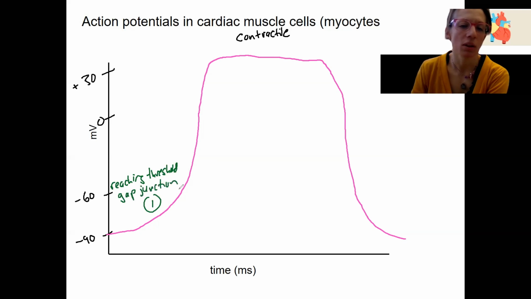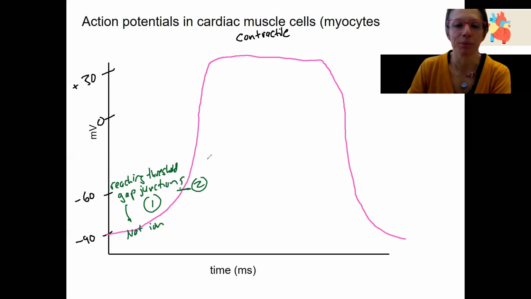So ion flow through gap junctions are going to allow things like primarily sodium. Sodium ions are going to come in from the adjacent cell, right? If this is the cell right next to the pacemaker cell, it's going to come from that pacemaker cell, but it could come from an adjacent cardiac contractile cell as well. So that's what's causing this cell to reach threshold. Say threshold's about right here. When threshold is reached, then we've got